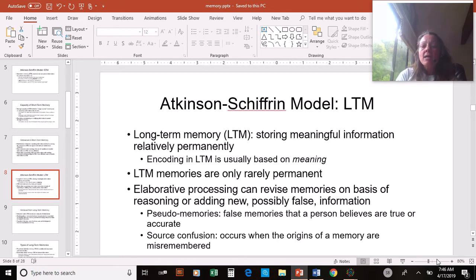And we say that long-term memories are only rarely permanent. Basically what that means is, you know, if it's in long-term memory, that means it's permanent, right? But a lot of times information gets stored into our long-term memory, and maybe it was so long ago that we just can't quite reach it, it's down in the sub-basement of our cerebral cortex, and it takes a long time for that neural pathway to wake back up and get back into our waking consciousness, right?